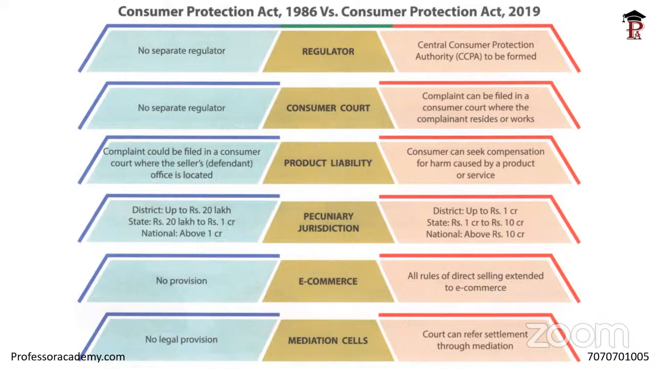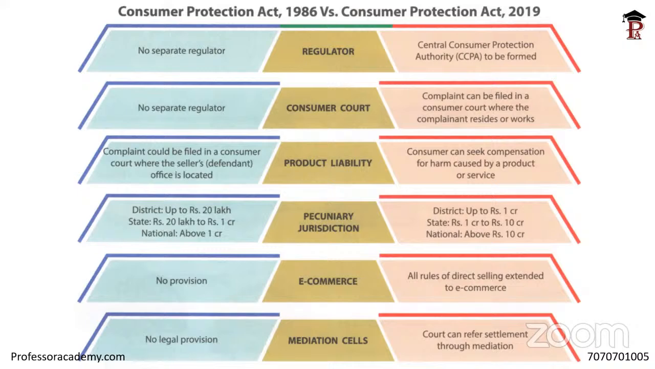Then we have product liability in this. What happened in product liability? There were very few courts where you could go and file the complaint. Like, from where you had purchased the item, you could file only in that area. But now in 2019, the complaint can be filed anywhere. You can go to where the harm has been caused and file your complaint there. Then we talk about